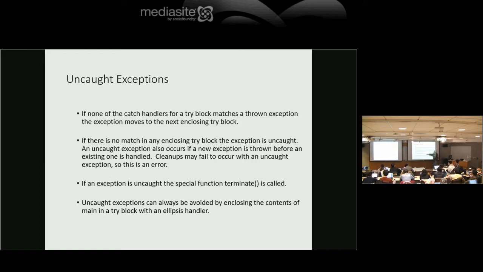If an exception is uncaught, the special function terminate is called. Uncaught exceptions can always be avoided by enclosing the contents of main in a try block with an ellipsis handler. If I were writing code to submit, I would do that. That avoids 5 points off the top, because that's what happens if you have an uncaught exception.